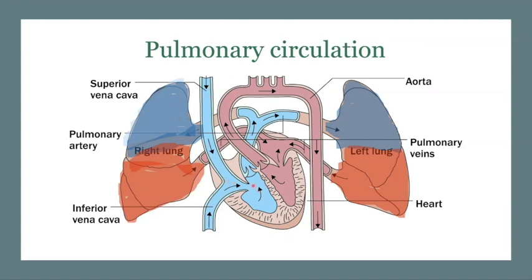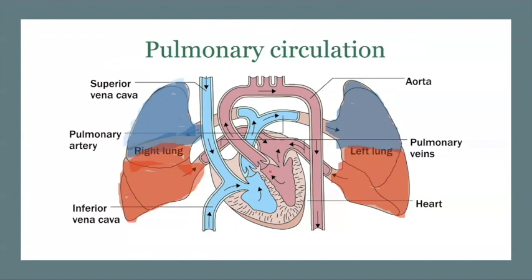It enters the right portion of the heart. From here it goes to the lungs, to the right lung as well as to the left lung. After entering the lungs, it gets purified and becomes red. You can see here the blood is purified. It gets refreshed or oxygenated. After it gets oxygenated, the lungs pump it back into the heart towards the left chamber.